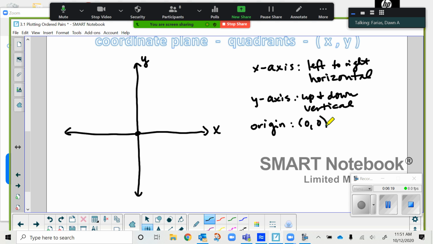I always think 0, 0 looks like a face. Don't you think it does? Kind of like when you type faces, right? It kind of looks like that, like two eyes and